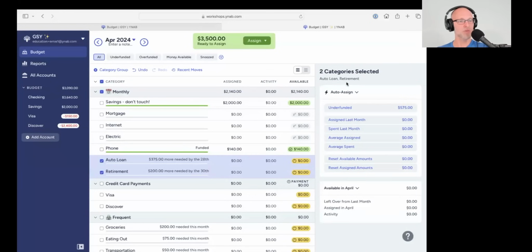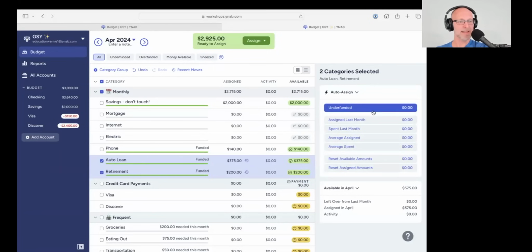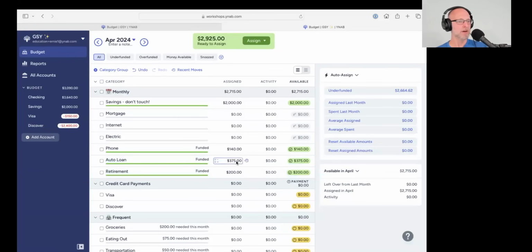So auto loan, retirement, they require 575. I always do a quick check with ready to assign just to make sure that I actually do have that money available to assign. In this case, more than enough. So I can click that underfunded button, and then YNAB assigns that target amount to the category. So now when I step back, I can see that I have money set aside for the last 3 bills